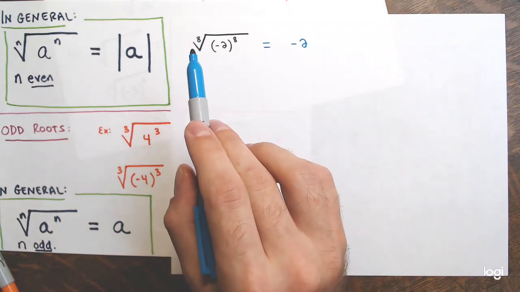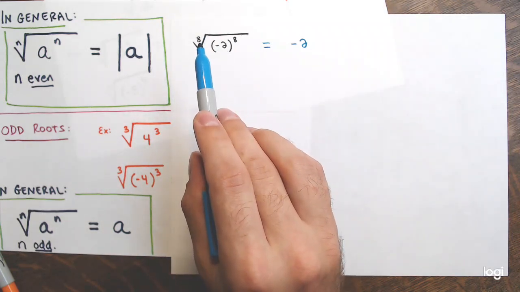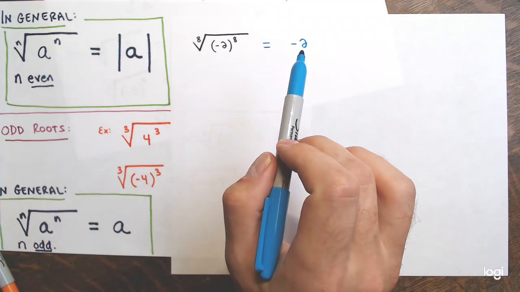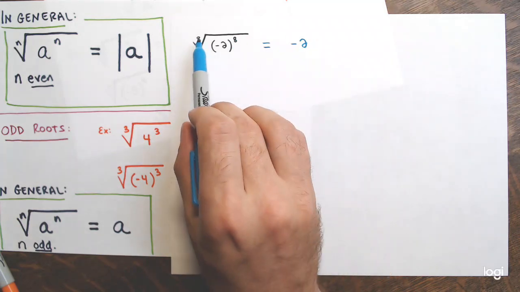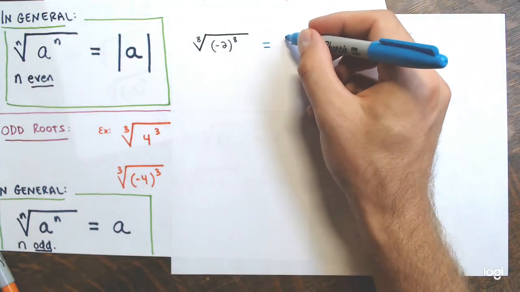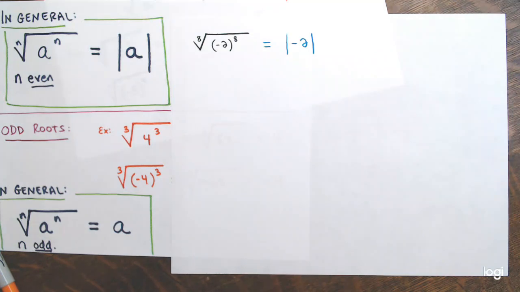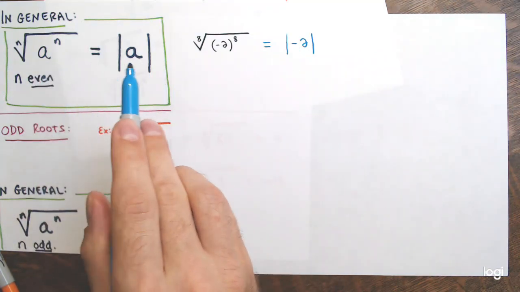Remember, I'm saying this again. When you see this symbol and there's an even number in the index, an even root, the final result, what you're being asked for, is the non-negative, not negative, eighth root. So you can undo them and then just make sure it's non-negative by taking the absolute value of -2. And again, this is going through this rule right here,